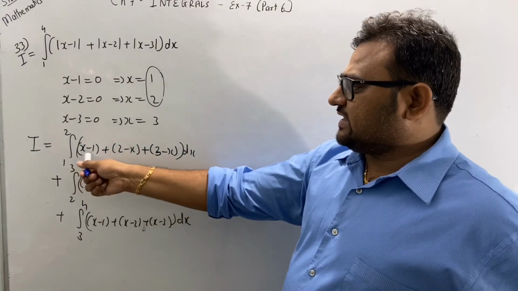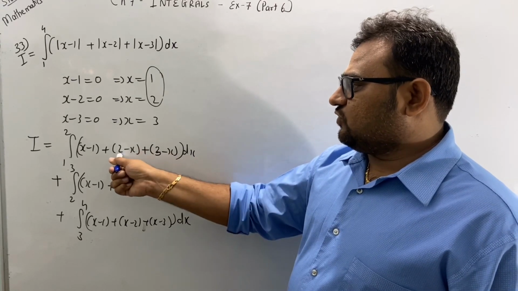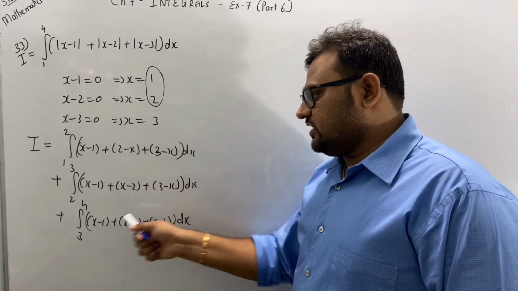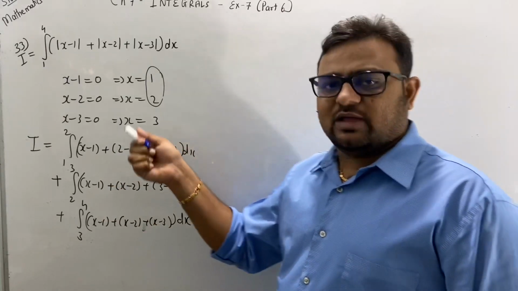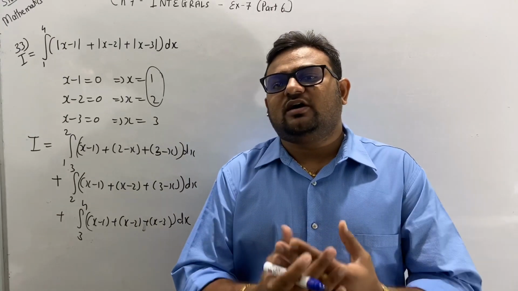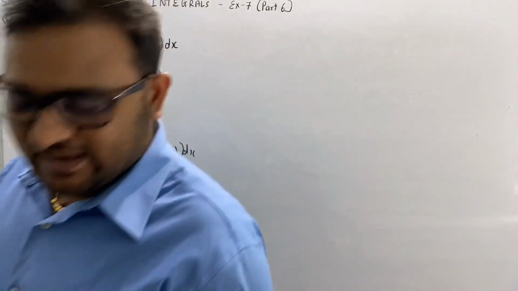Just solve it. x minus x cancel. It will be minus x. So 3, 4, 5 minus 1, 4. So 4 minus x. Same way solve here and solve here. Put the lower limit, upper limit and solve it. So this I am giving you for yourself. Here, let's move to the next one.